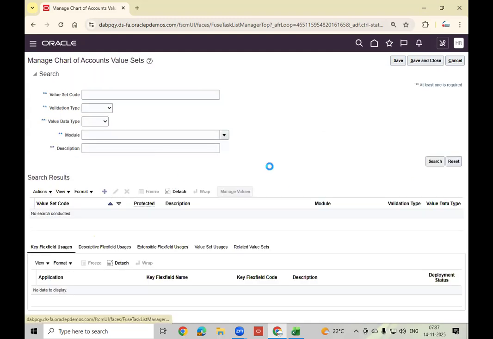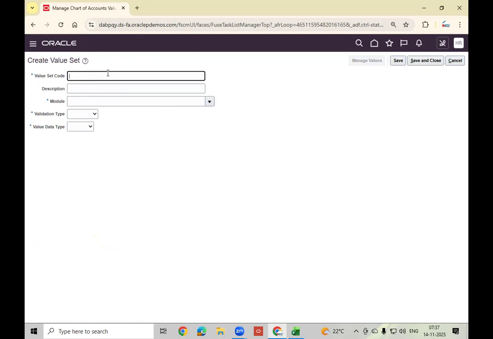So first everything you will understand and maintain on the document. Then that will move to the configuration in system. HN account value set.